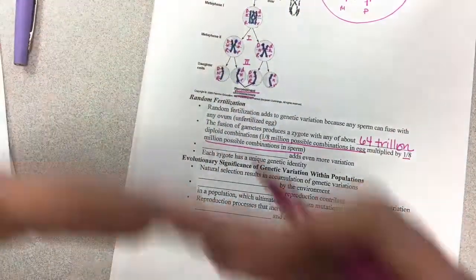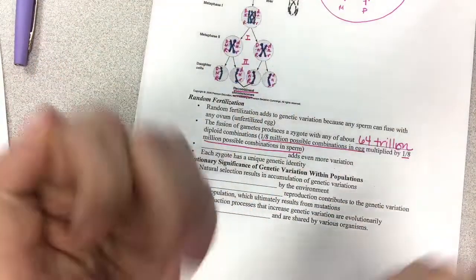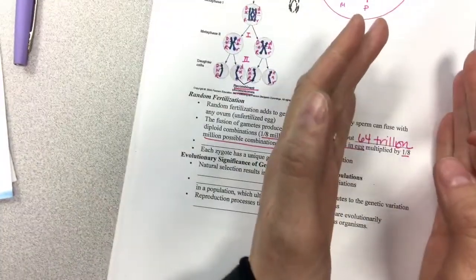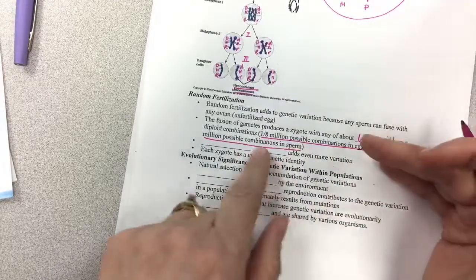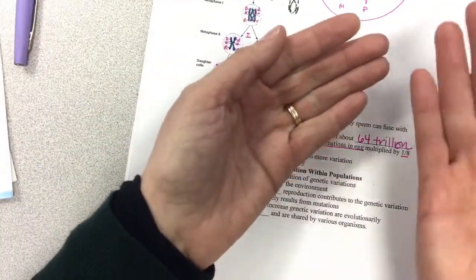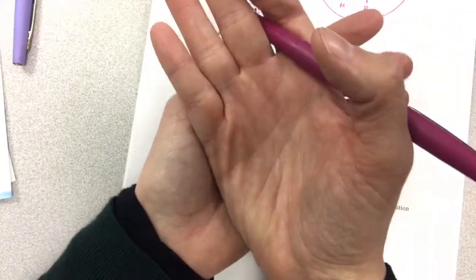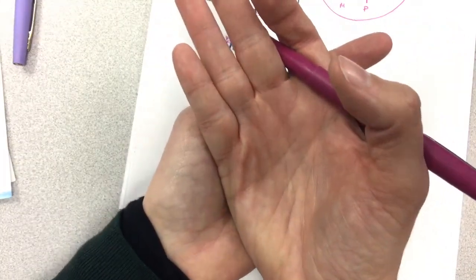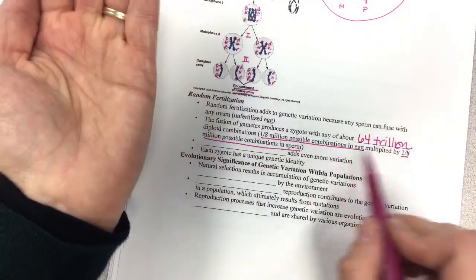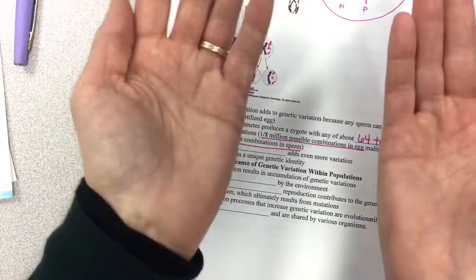So let's say they have a kid, little Johnny. To get a second little Johnny, what would need to happen is mom would have to make that same egg cell, and dad would have to make that same sperm cell, and then that exact same sperm cell would have to fertilize that exact same egg cell. And so to figure out this stat where I get 64 trillion, you take the individual probabilities and